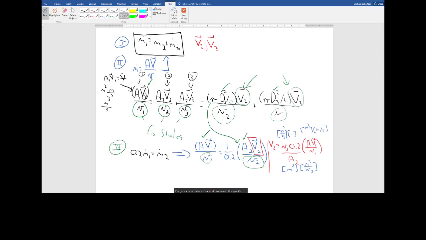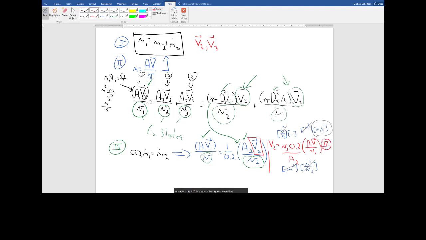And this is a nice thing because this area, unit-wise, is going to cancel with that area. This specific volume is going to cancel with that specific volume. And I'm going to get an answer in meters per second, which is nice because I want a velocity, and that's distance over time. So I like this equation, right? This is going to be, I guess we're at equation 4 now.